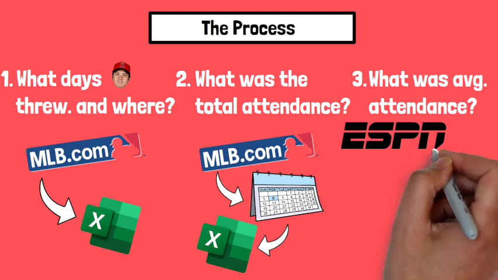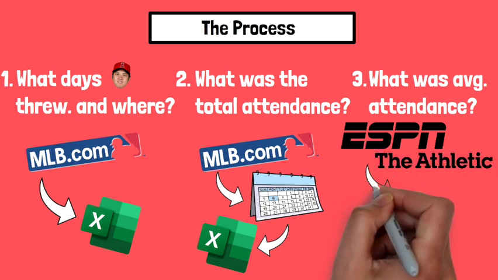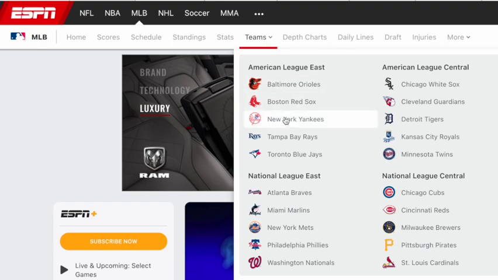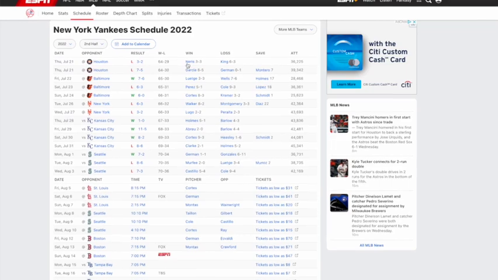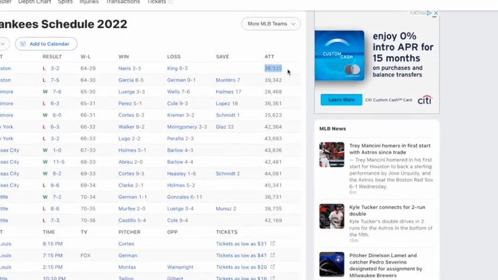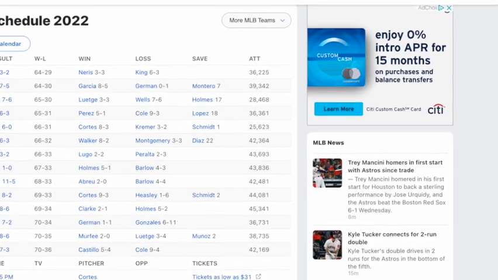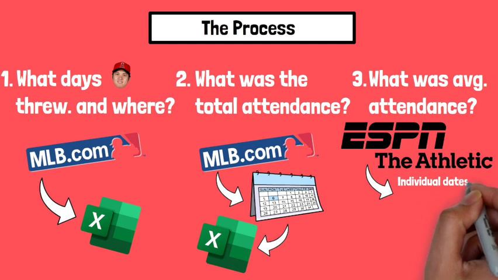So, what I had to do was work backwards. If you head over to sites like The Athletic or ESPN, you can find a schedule listed out with each team's games listed in chronological order. Alongside those games, you can see the team they played, whether it was home or away, scores, and that game's attendance. While this information was not sortable, it was a start.